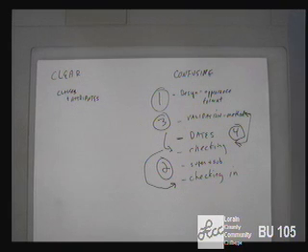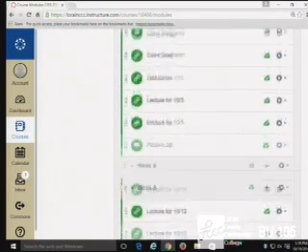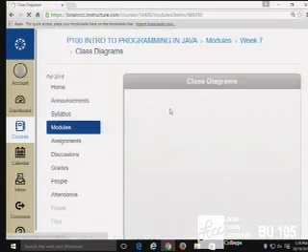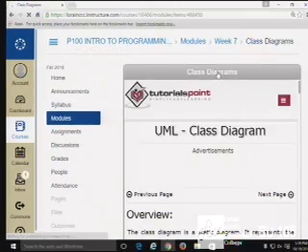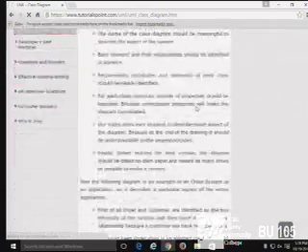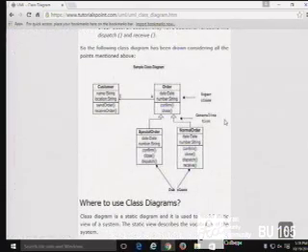Let's talk about each of those. A class diagram looks like this. This is a pretty good summary of a class diagram.